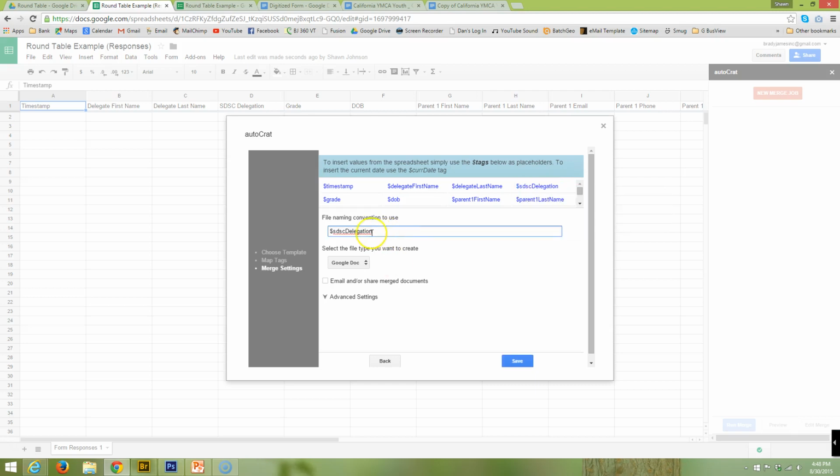And then I don't use any special characters here. I just use a space between each thing because I think it doesn't work. It might mess it up, like the name, if you use a dash or something. So just delegation, then the delegate's first name, space, delegate last name. And then that way all you have to do is go through and check off, okay, so-and-so actually submitted their